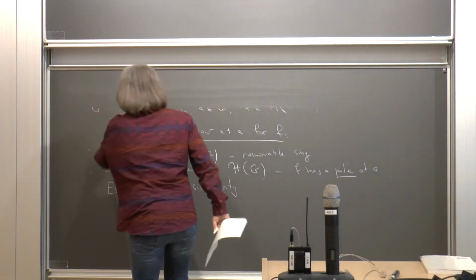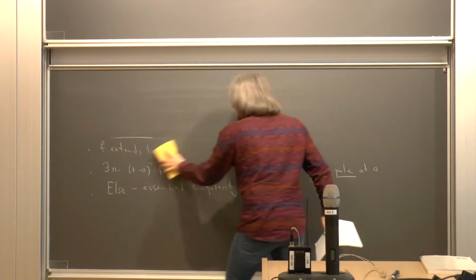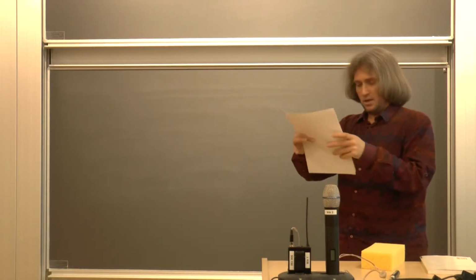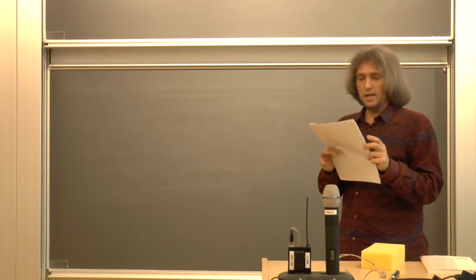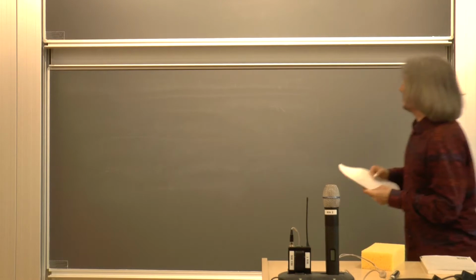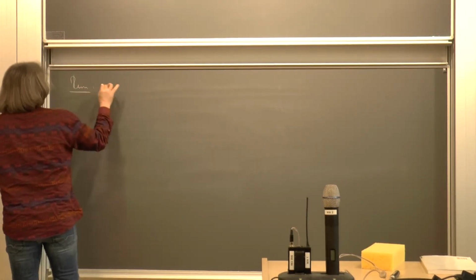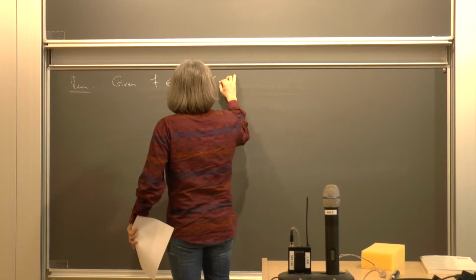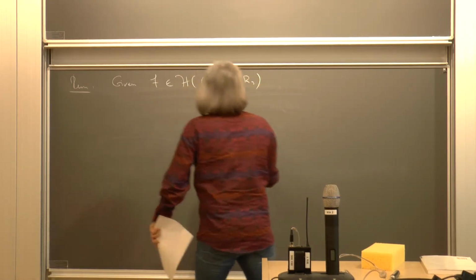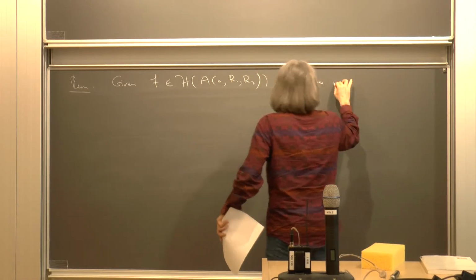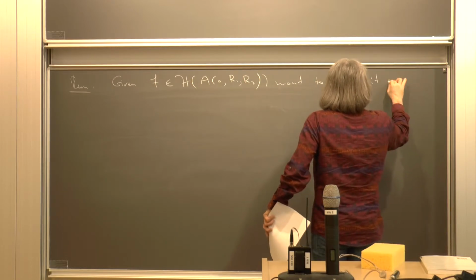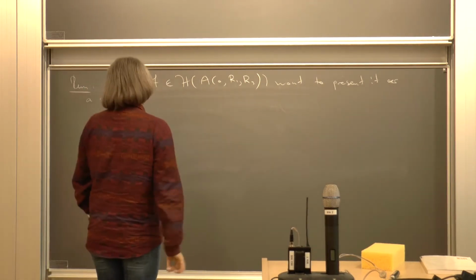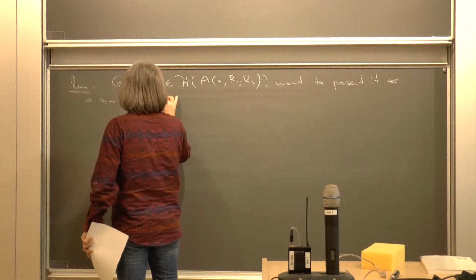So now, just in the same way as we did when we did this Cauchy business, given a holomorphic function in some annulus, we want to present it as a sum of Laurent series